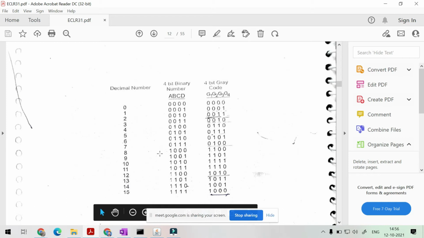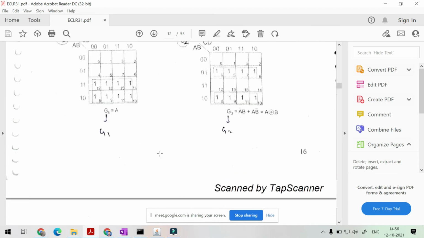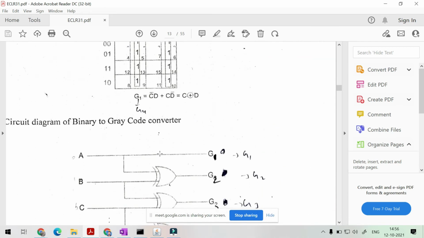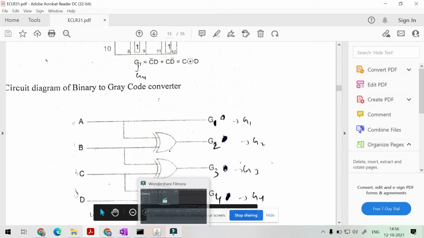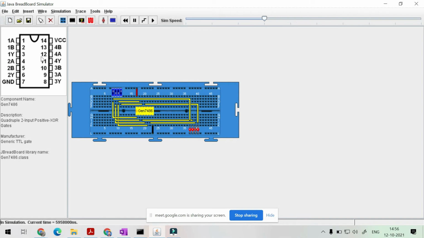How you can draw this? See, according to the circuit diagram you have to draw, and these pin connections you already have in this circuit diagram, and that IC is also referring to this pin number. If you click on this, you will get one XOR gate, where you have one input A and one input B, that is the two inputs, and one Y, that is the one output.